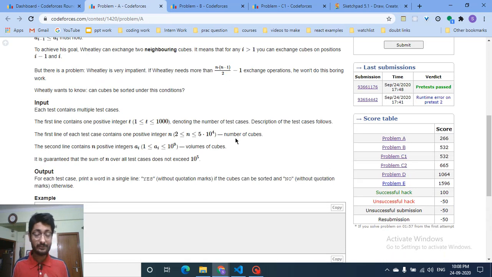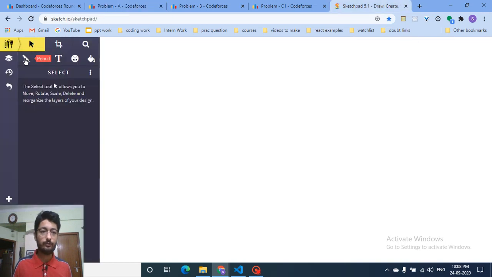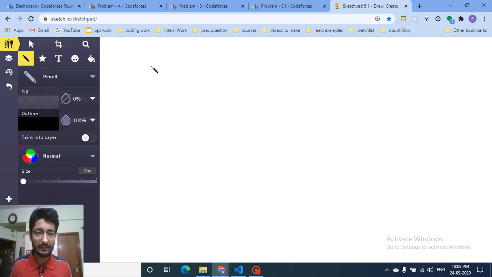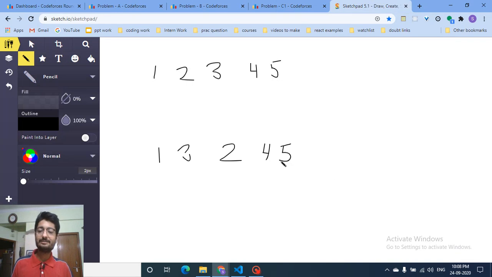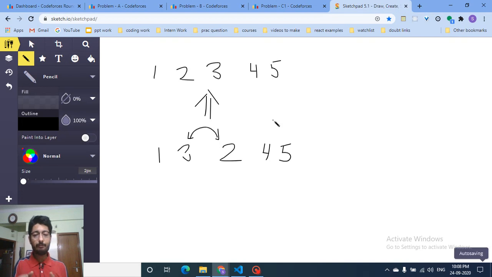So now there's a very standard trick to find the inversions, but this question involves knowing the concept of inversion, but we don't actually need to count the inversions. Why? But see, first we want to see what inversion actually is. So let's assume that I have some array 1 2 3 4 5. This is a sorted array. Now let's assume my initial array might be like this: 1 3 2 4 5. What does this mean? If I switch these two numbers, then my array will become sorted. So the minimum number of switches in the given array I have to do such that my array will become sorted, that's the whole question.